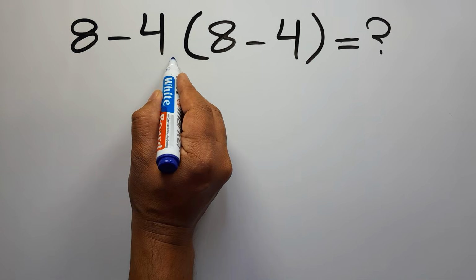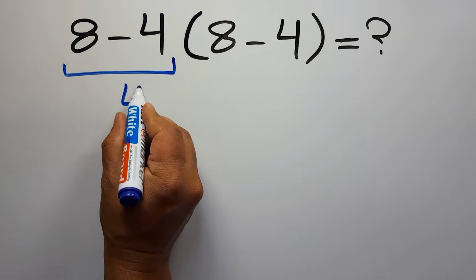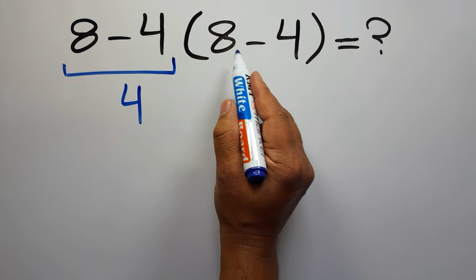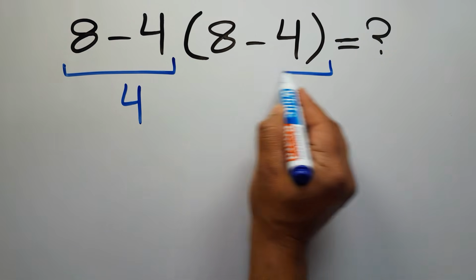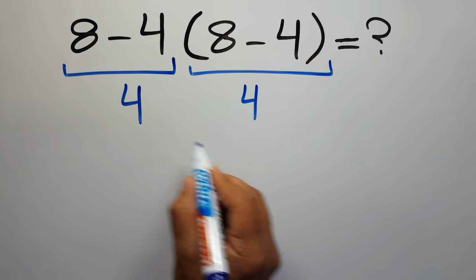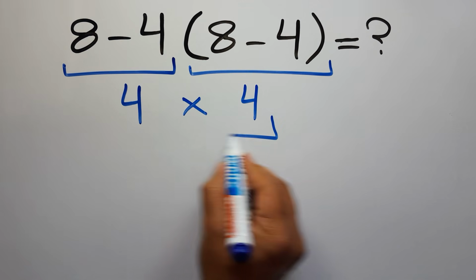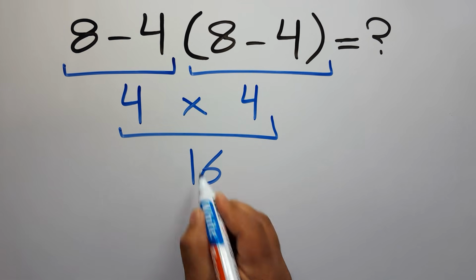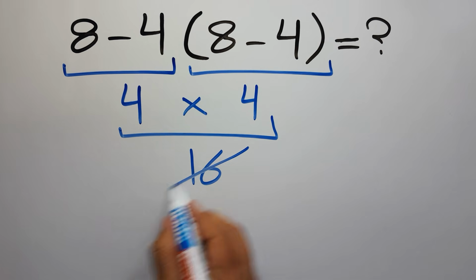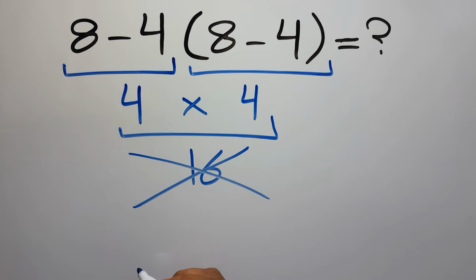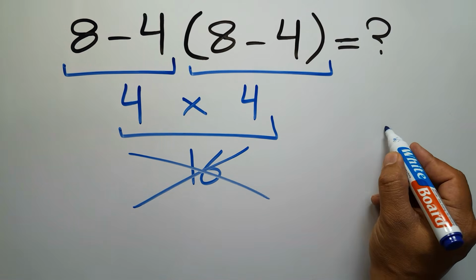8 minus 4 gives us 4. And again here, inside this parentheses, we have 8 minus 4. So 4 times 4 equals 16. But this answer is not correct, because according to the order of operations, which is PEMDAS,